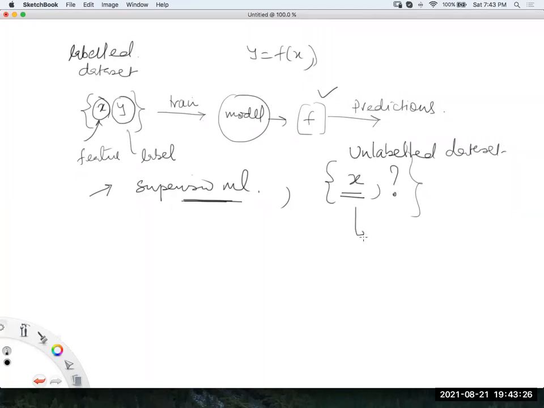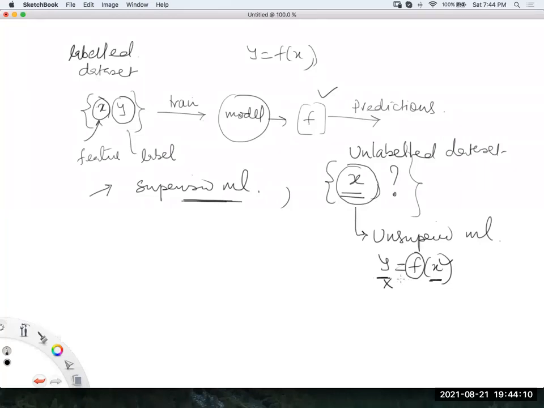And you guys are in the area of unsupervised machine learning. Because only we have access to X or features, there is no Y given to us. Obviously, with this relationship, we cannot find the mapping function, because to find the mapping function, we should have access to two entities, this one as well and this one as well. But as of now, this one is missing. So by just having X, we can't find the mapping function. That is unsupervised machine learning. And if you can't find the mapping function, you can't perform the prediction as well, right?